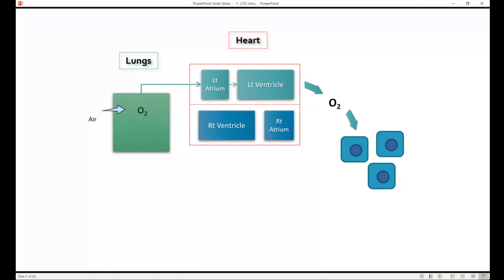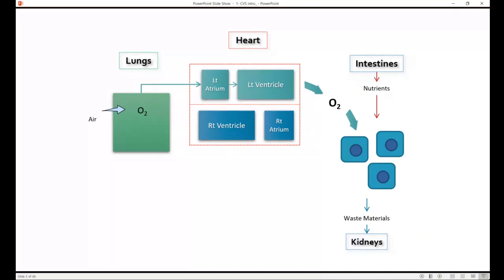When the blood reaches the capillaries, this is where oxygen will be delivered to the tissues, to the cells. The blood also takes, as you all know, nutrients from the gut, the food that we have eaten, and this blood will deliver oxygen and nutrients to the tissues. And from the tissues, it will pick up carbon dioxide and waste materials. The waste materials will be